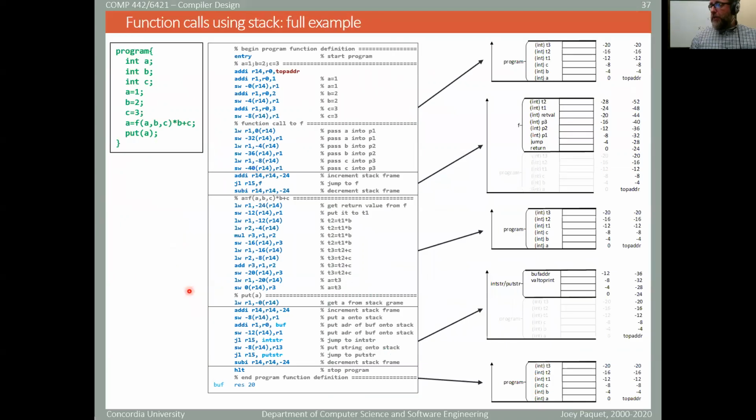Okay, so here's the code that should be generated for a stack mode of operation for the program function. Here, I did not include a tree and so on because I tried to do it, but then I figured that it was actually making it more complicated than anything else. So I'm going to try to be precise in my explanations here. If you have some questions, please don't hesitate to come to see me in